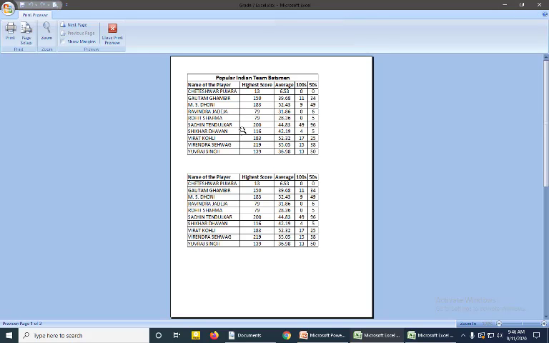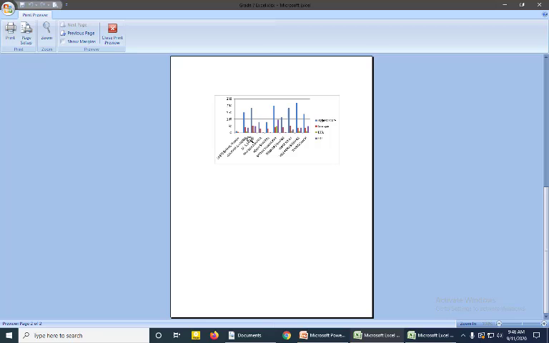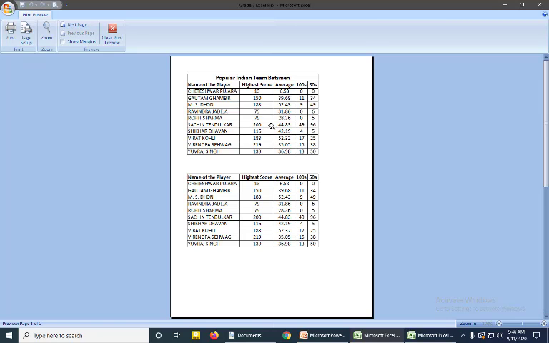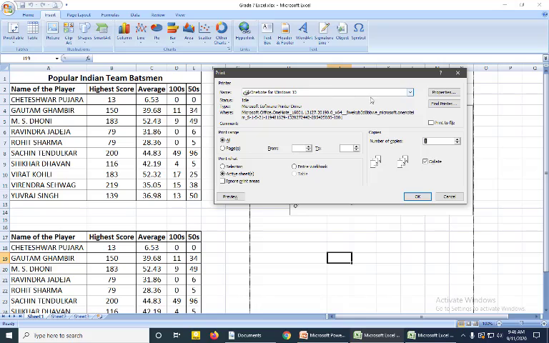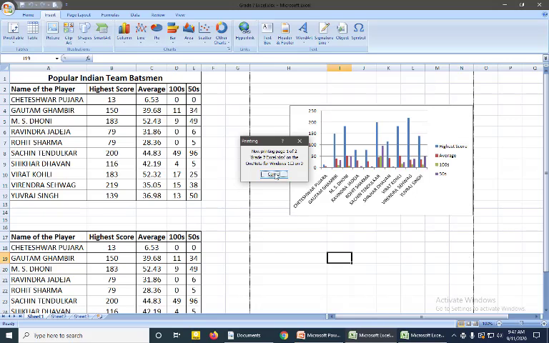Here everything is shown: the data, the table I copied twice, and the chart. Everything is displayed in the sheet as it will be printed. Then you can click on Print. You can select the printer here. Now the printer is not connected to this PC. When you connect a printer, it will display the name of that printer. Then select the printer name and click on OK.